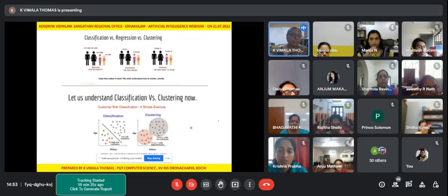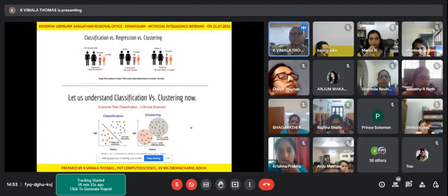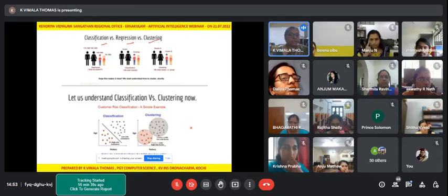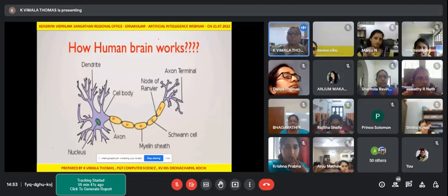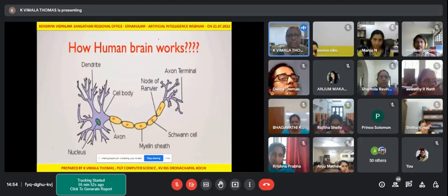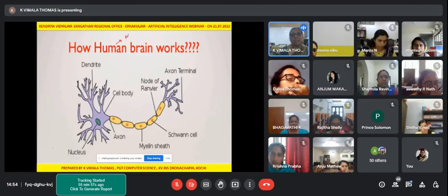Now why do we use neural networks? We may require to classify certain objects. We may require to predict: regression, prediction, classification, clustering. If you want to do all this, you need to use your common sense. So we are going to train the machine with common sense, and then comes the term artificial intelligence. Intelligence is provided to the machine to mimic the human brain. That's the important term. Now, how does our human brain work?